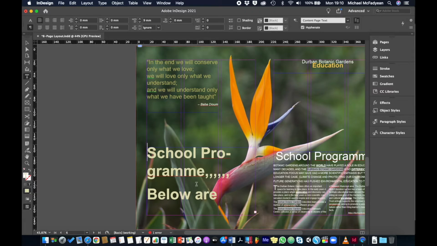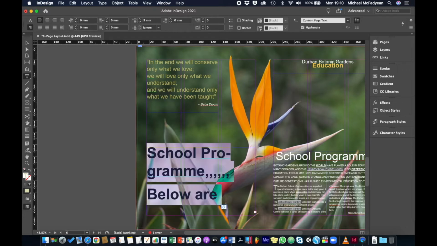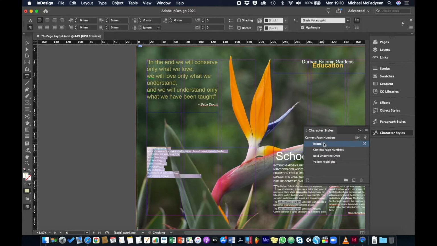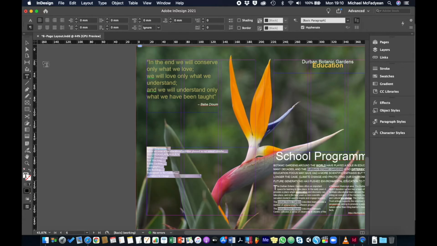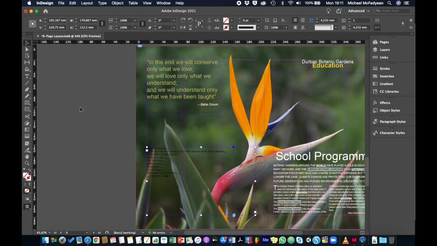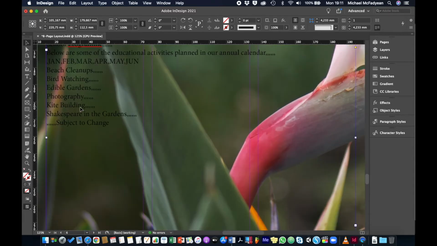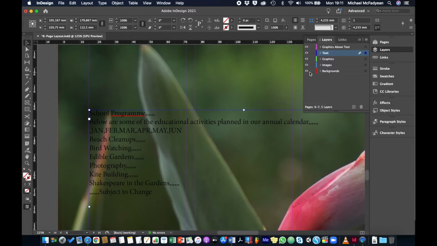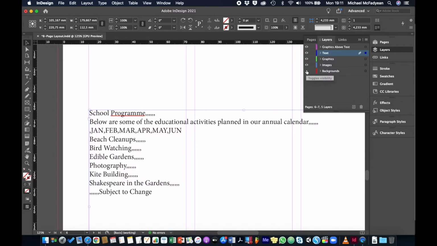So it's still come in and it's added some paragraph or character style. So I'm just going to press Command or Control A, make sure that it's on basic paragraph and character on none. Okay, that's better. So now selection tool, I'm just going to zoom in here so you can see this information. If I just, in my layers, hide my background so we can see what's happening,